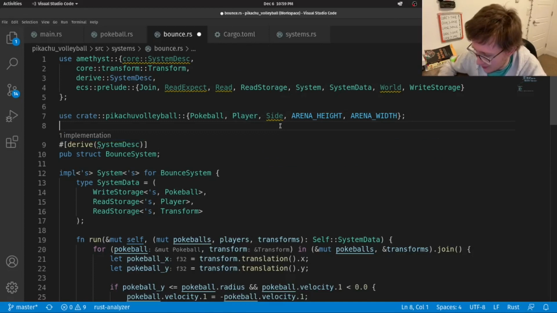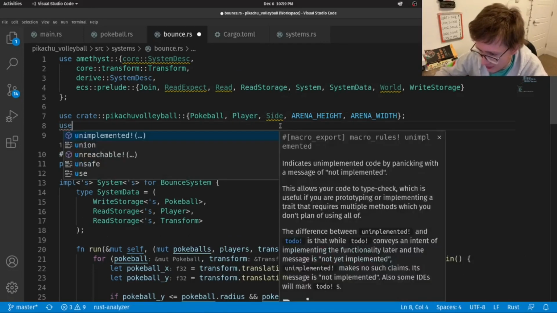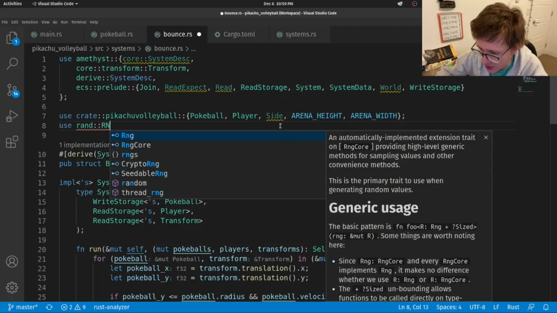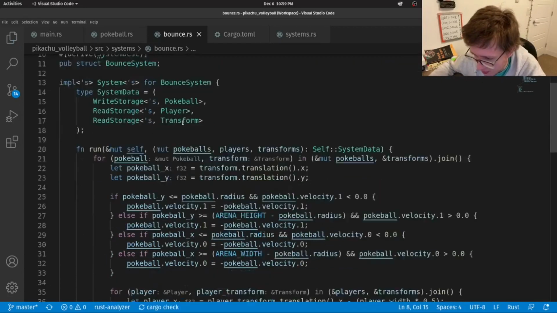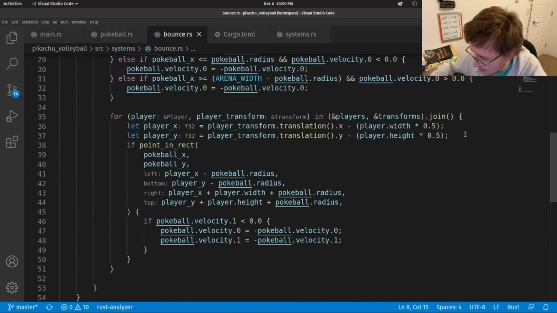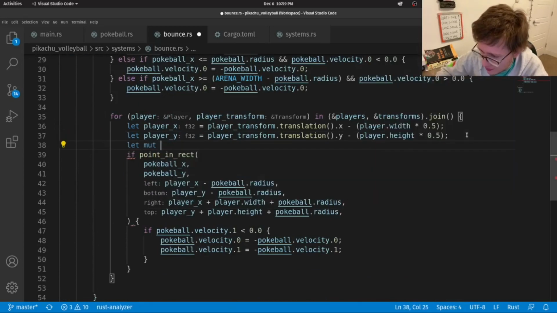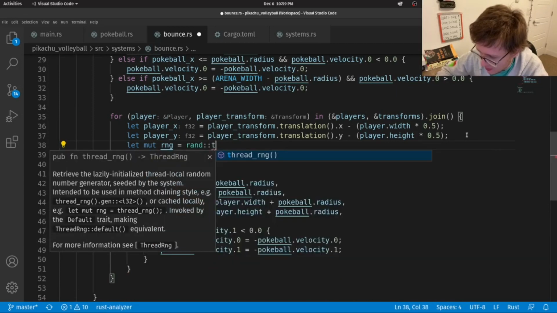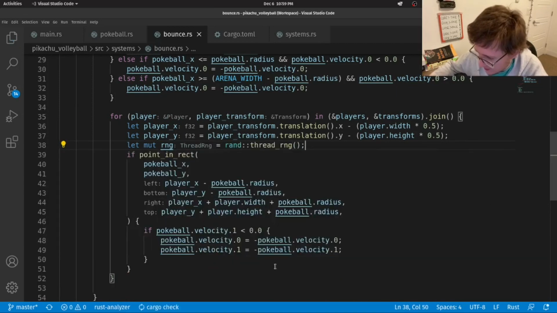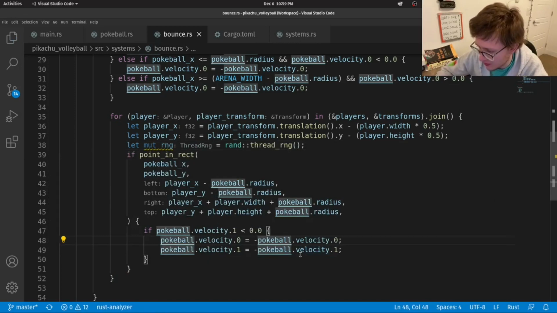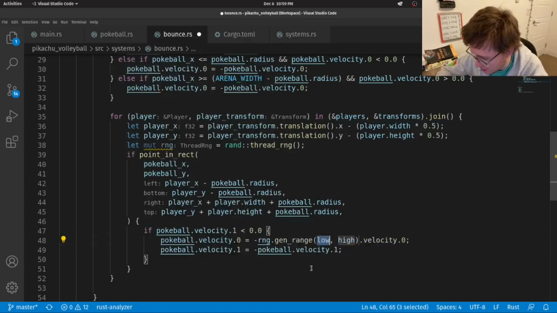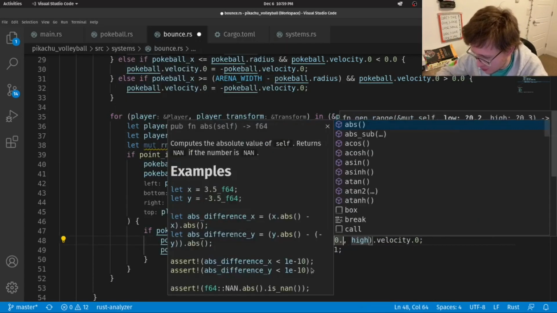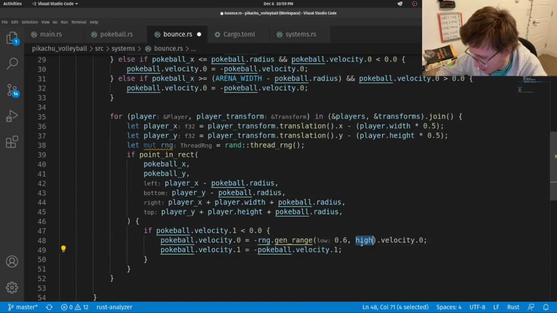Alright, so now back in bounce, we will bring rand::Rng into scope, and with that into scope, we can now create a random number generator, which we'll call rng by doing rand::thread_rng. And then in here we'll multiply the X velocity by rng, and we'll generate a range of numbers between 0.6 and 1.4. And these are just arbitrary numbers, but I've found that they work well.